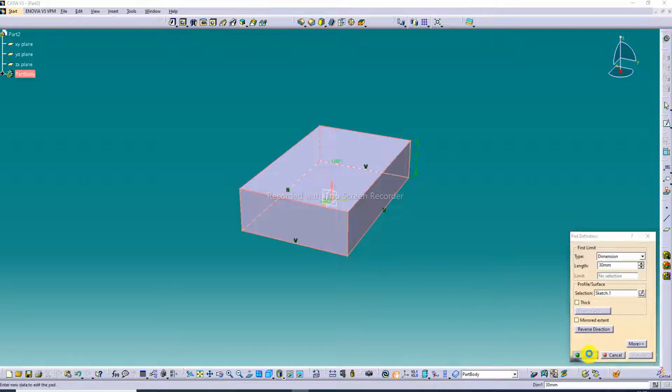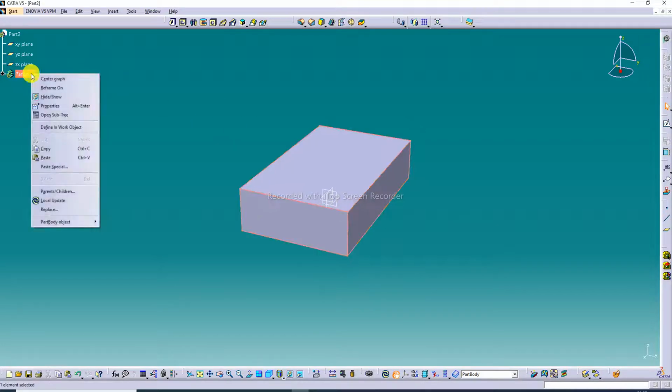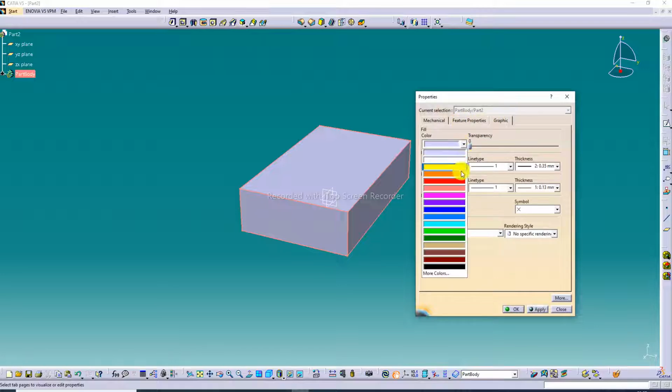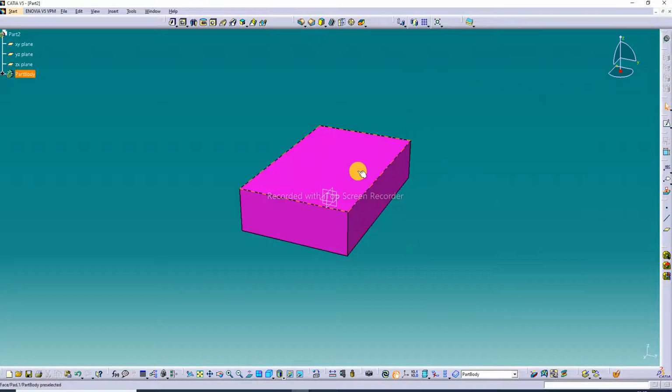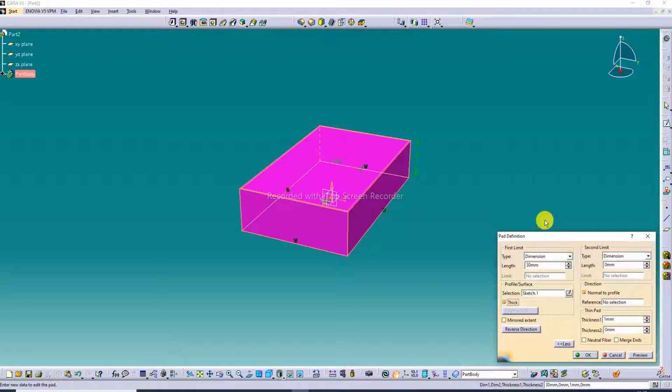This is a checkpoint. For this body, right click, Properties, and in Properties change the graphic color to pink. Okay, better. And this is a preview, and select thickness. You can learn all of it one by one. The thickness option has a first limit and second limit. The first limit is 30 mm, and this 3D body is complete here,